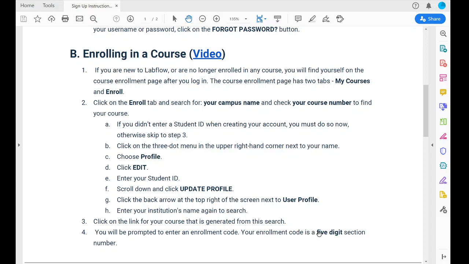So as long as you use the 5-digit section number, which I have also posted on the Blackboard, you should not have to pay anything for this service. So TCC has decided that since you really weren't necessarily intending to have to do it this way, they would cover all the fees for that. Okay. So again, just use the 5-digit section number, which is what, 50010, something like that. Let's see, 50015. Okay, so I have again posted that on the Blackboard as well.